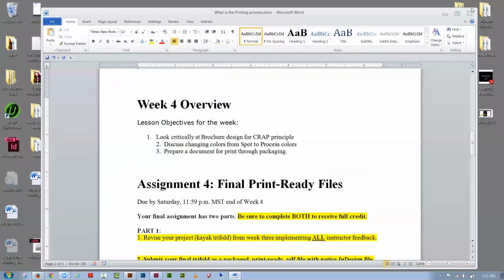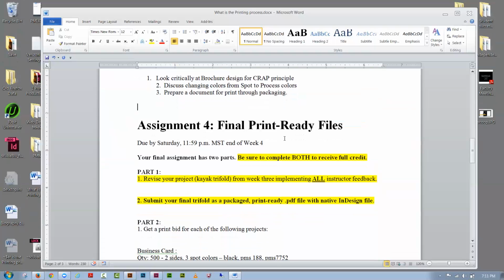Leads me to another point. I've noticed that quite a few students have not handed in your week 3 brochure project, and that creates a problem for you. Basically, part 1 of our assignment is to revise. I'm going to slide down a little bit to show you this. The assignment, part 1, is to revise your project,